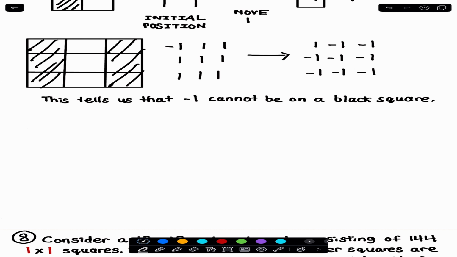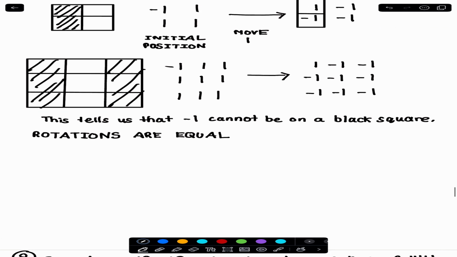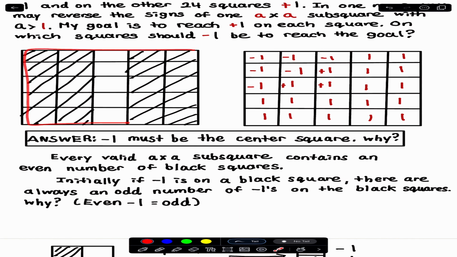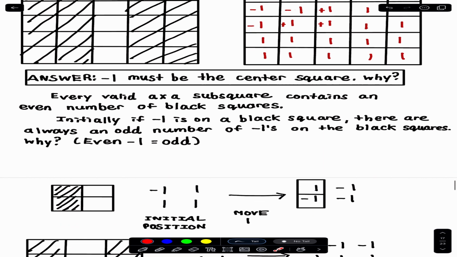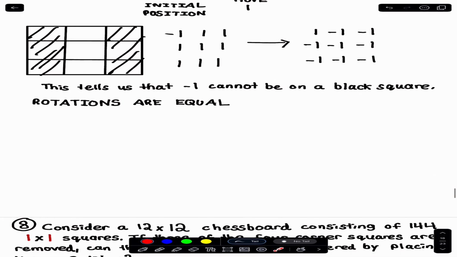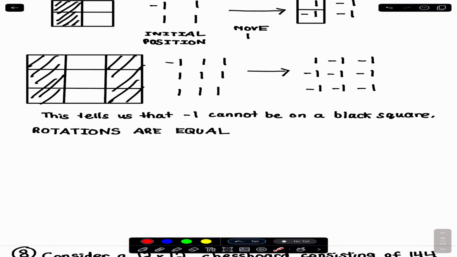Now, an important thing to remember is that the concept of rotation. So, rotations are equal to each other. Basically, what that means is if you take any coloring scheme of this board and you just, let's say, turn it around 90 degrees, that is still considered the same coloring scheme. And if you have a hard time following that logic, the best way I could